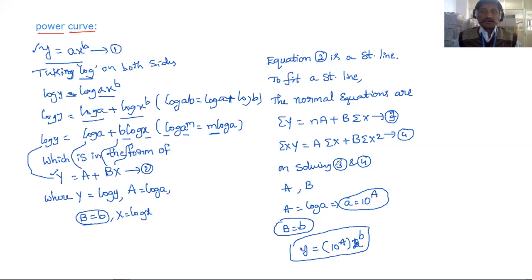So this is the power curve. Next, let us see the problem on this one, the same as the exponential curve, as with the previous one. Now coming to the problem: